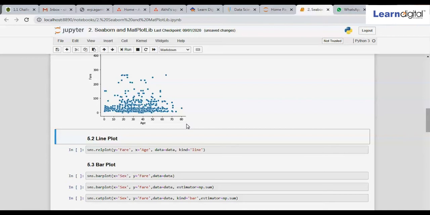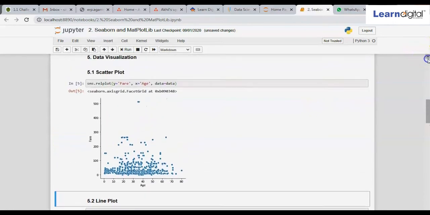If you check the info part, both age and fare are float. So I can make a scatter plot between them. The syntax to make a scatter plot is sns.relplot, which we have already executed.